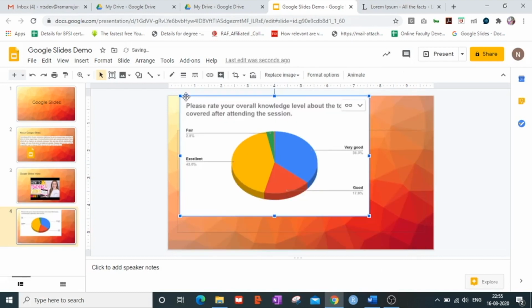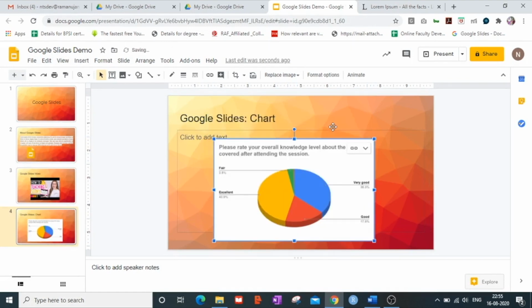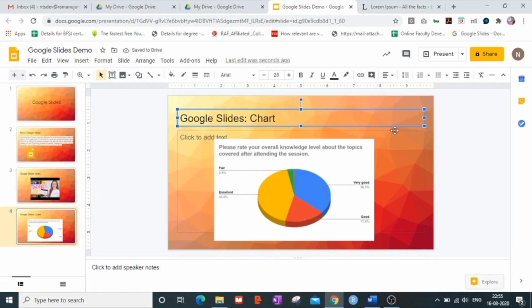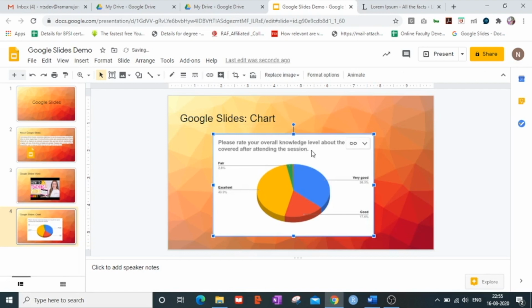I resize it as per the dimensions of my particular slide and see how well it has fitted in the dimensions of the presentation. Now let's suppose that I want to make some changes in this pie chart.